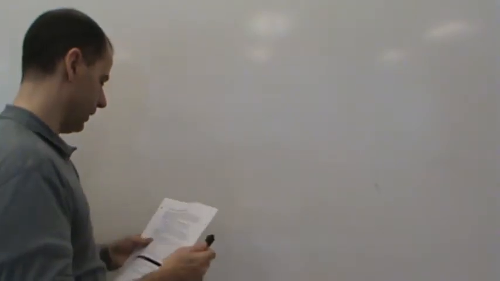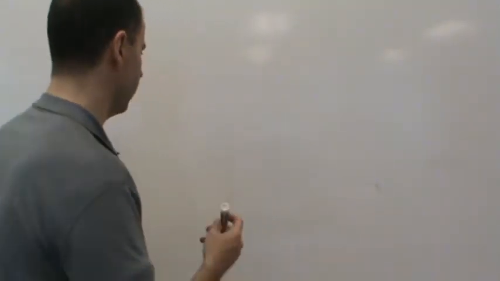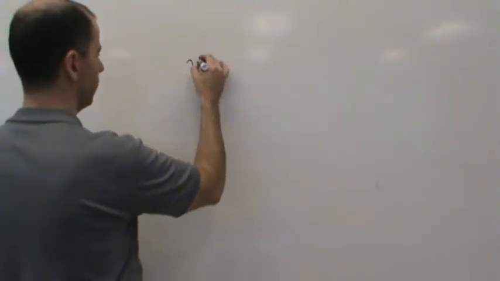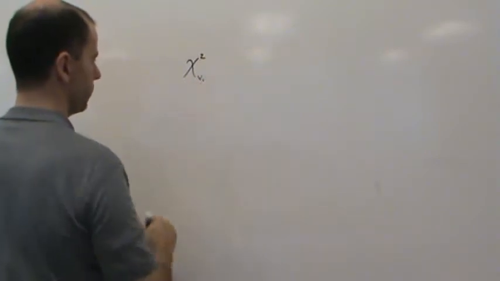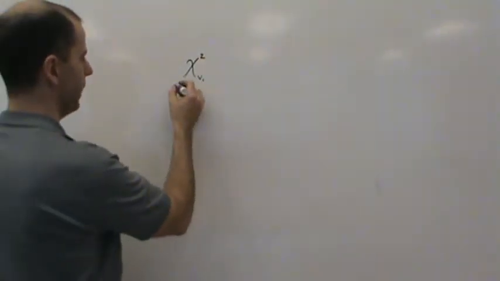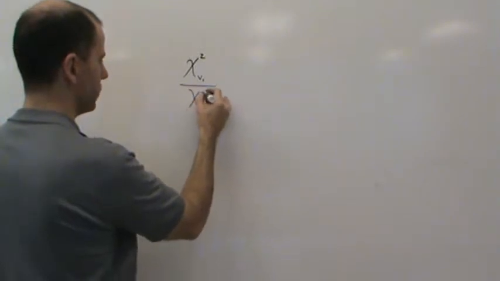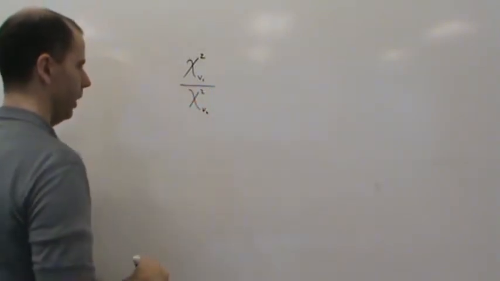So what is the F test, and what is the F distribution? Well, the F distribution is a new distribution that is actually built off of two chi-squared distributions. If you take one chi-squared random variable, let's call that chi-squared with V1 degrees of freedom, and we divide it by another chi-squared random variable with V2 degrees of freedom,